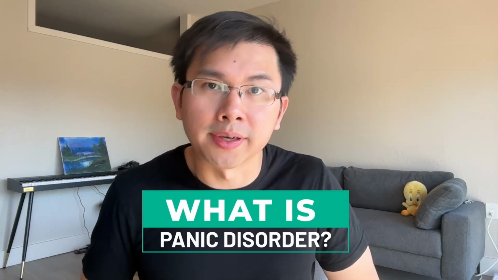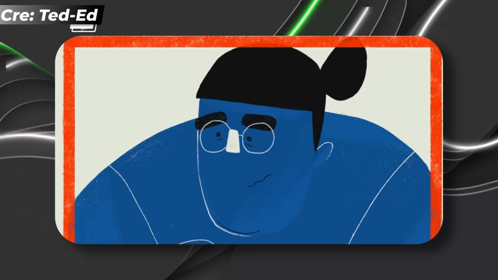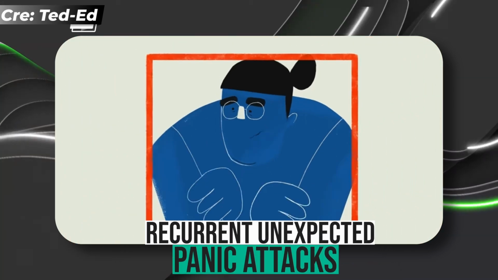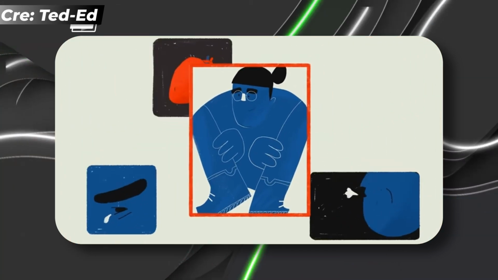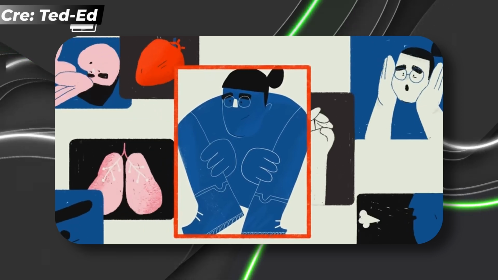So the first question we have to answer is, what is panic disorder and how is it diagnosed? According to the DSM-5, panic disorder is diagnosed when we experience recurrent, unexpected panic attacks. So it happens at least a couple times in our lives, and it happens kind of out of the blue. So there's no particular reason for it. It wasn't like you were doing a presentation or you were really scared of a spider. They just kind of seem to happen all of a sudden, and the anxiety reaches a peak within minutes.